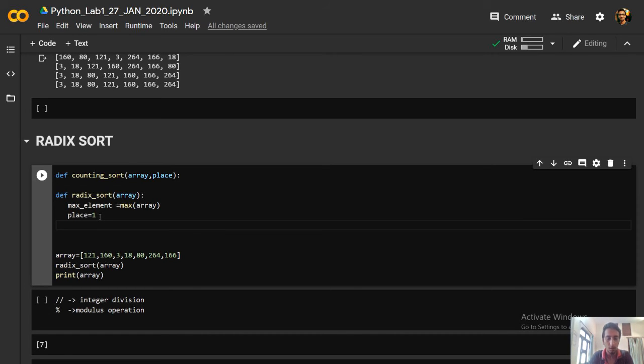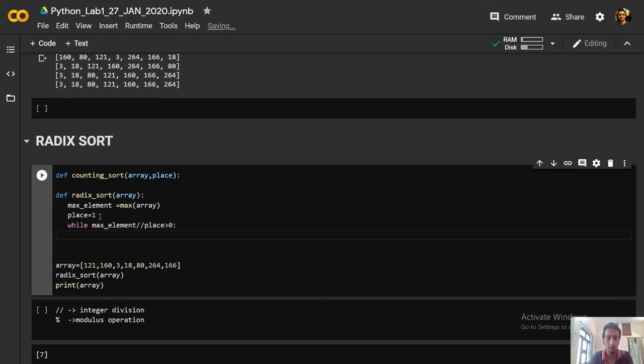So place equals 1, and now we will loop until the max element integer division by place is greater than 0. Actually this loop is basically ensuring the number of passes, and in counting sort we basically sort the array.